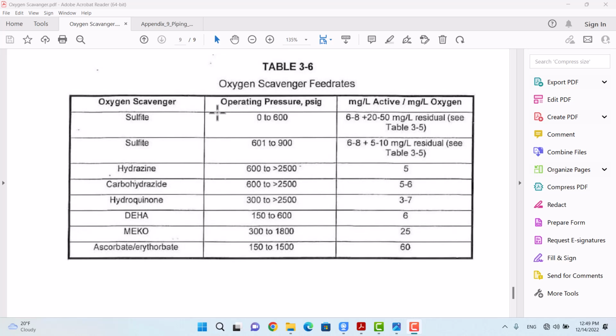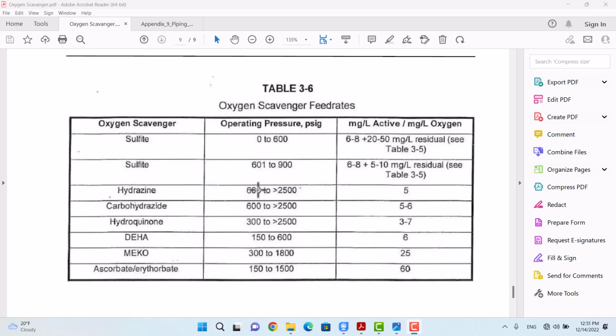These days, we use DEHA as the oxygen scavenger. It has been about 2 years that we have used DEHA for this purpose. When we changed to DEHA, we thought that it is a good oxygen scavenger, and of course it is a good passivating agent, and it helps the neutralizing amine, reducing the consumption of neutralizing amine, because as we stated earlier,